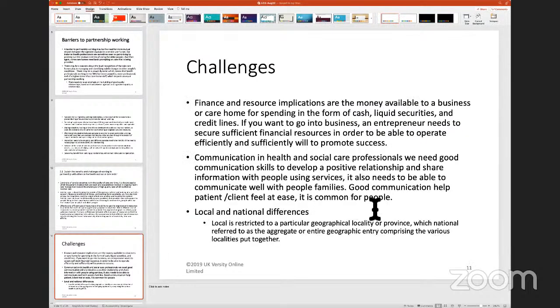What could be the challenges which teams could face when we are talking about working in partnership in the health and social care sector? One of the things that we continuously hear, and I'm pretty sure that you'll be able to relate to this, is that the NHS is cash strapped. The NHS needs investment. The NHS needs modernization. Now, these are very broadly the challenges which the government is faced with in order to improve the National Health